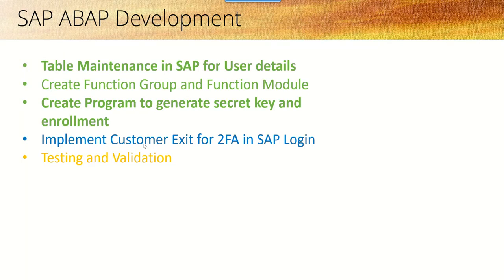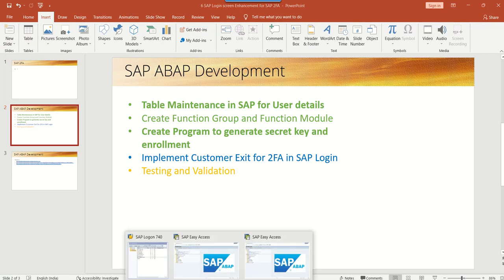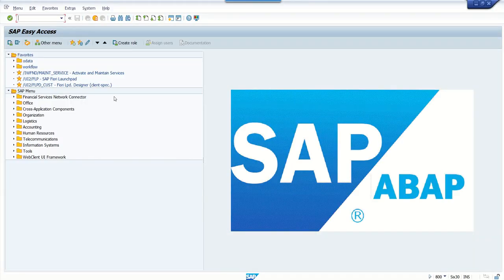Now we'll implement the customer exits in the SAP login screen. Once the user tries to log in on the SAP screen, after successful login the system will give a pop-up message to enter the TOTP from Google Authenticator, and the system will validate that number, and in that way the 2FA will work. So for implementing the customer exits for the login screen, first we'll check in the S